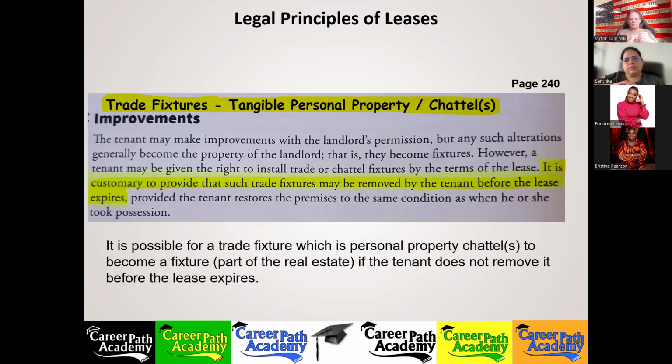Look, we've had people where there was a beauty salon, and they didn't take anything out of there. They left pretty much all that stuff there. So now it's easier for the landlord to lease it out to another beauty salon, ready-made, ready to be open.